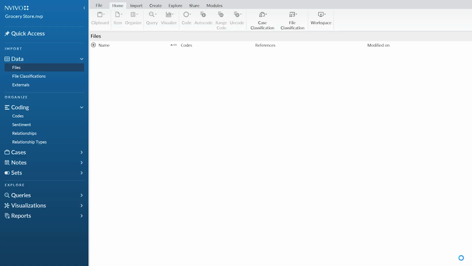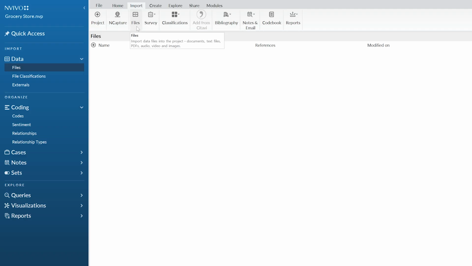Currently, Files is the option selected in the navigation view on the left-hand side of the screen. That opens up the Files workspace in the main area of the screen. Right now, you'll see that nothing has been imported yet. To bring in our review data, we'll go to the Import tab in the ribbon at the top of the screen, then click Files. You'll also notice other import options here, including surveys, NCapture files, social media data, and more. We won't use those just yet, but it's good to know they're available, especially if you're working with different types